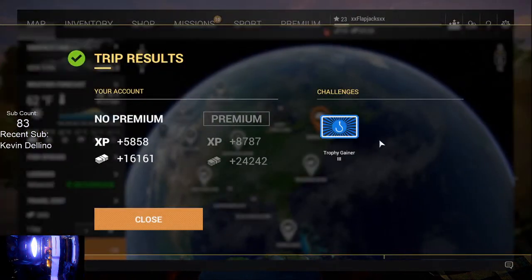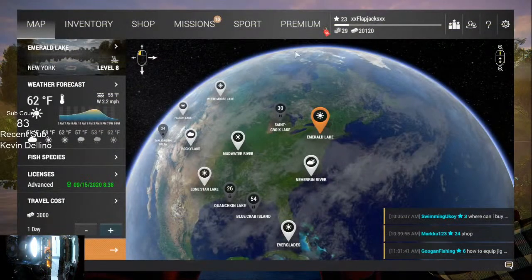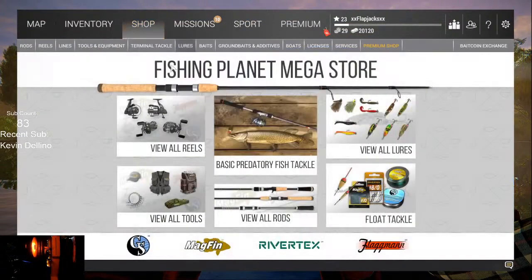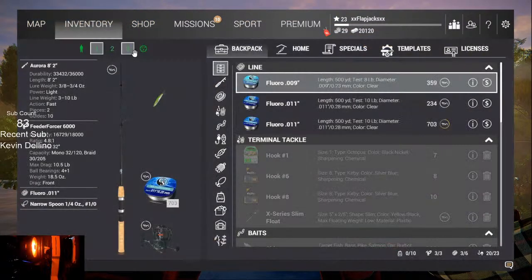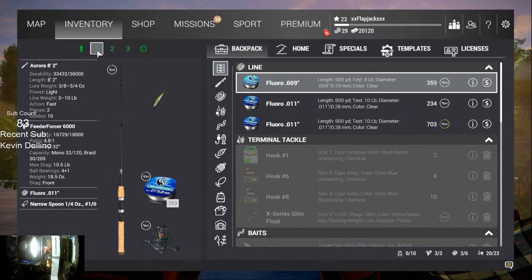It's 11 o'clock, and we made $16,814. If we would have had premium, we would have made $25,000. We did get a challenge complete, so we're gonna close. We now have 20,000. So let's go buy us a new reel. I'm thinking I'm going to keep